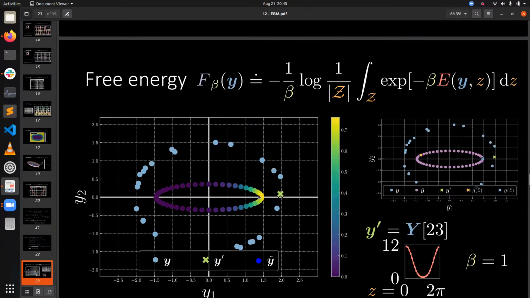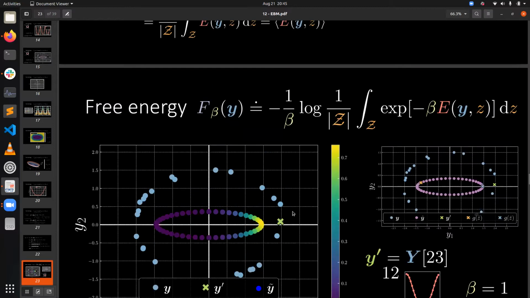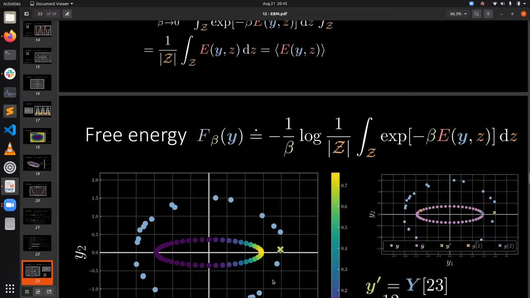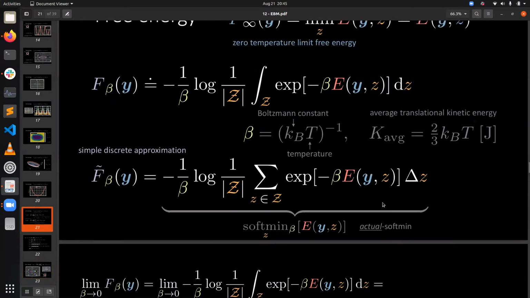So this ellipse that you see in the middle is the model manifold, and suppose you are considering a particular point here. So in the zero temperature free energy, you would only consider one point that is nearest to it, and the distance would become the free energy. But when you increase the temperature a little bit, you consider a few more points in that vicinity. And the way to understand that is basically,